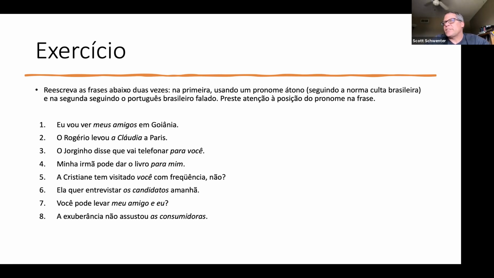Because a lot of the students come in and they say, well, I want to study abroad in Brazil and I want to be able to speak and I want to be able to understand. Or they already studied abroad and they come back and they're speaking this beautiful, everyday colloquial Portuguese, but they might not have learned the formal grammar part yet. That seems to be pretty typical for some of our undergrads.